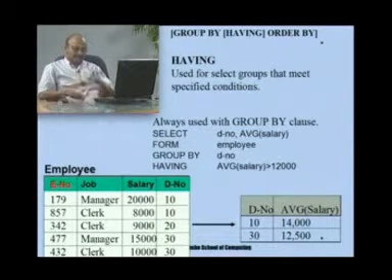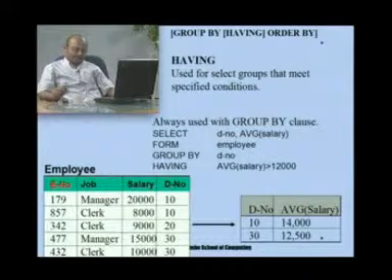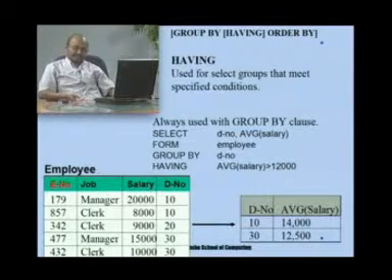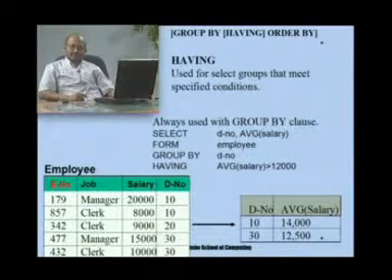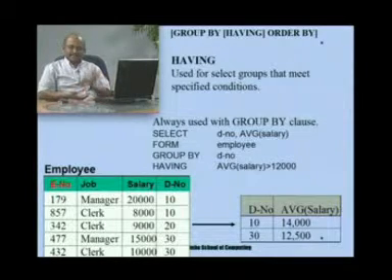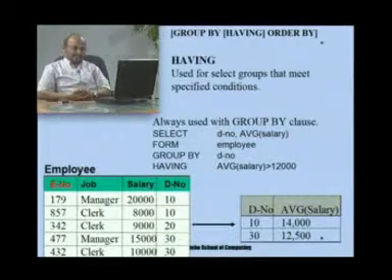So, if you ignore the last statement of having, and look at the output of select DNO, average salary from employee group by DNO, you get a table with 3 rows. If you want to filter that table, for example, to keep only records with average salary greater than 12,000, then you want to filter from that output. For that purpose you can use having. So, having cannot be used without a group by condition, and its purpose is to filter the output you get prior to that.